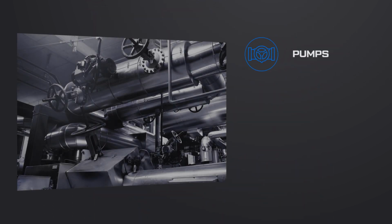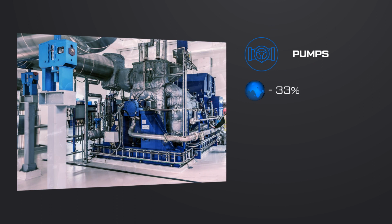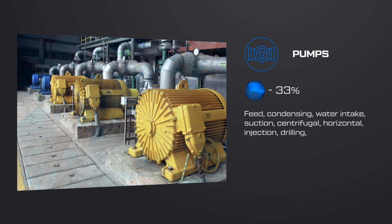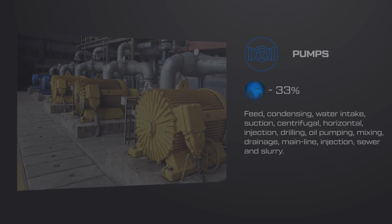Pumps are the most demanded units. Their share is 33% of the world market. The effect of controlling the operating modes of pumps with the help of inverters is significant on most of them. Feed, condensing, water intake, suction, centrifugal, horizontal, injection, drilling, oil pumping, mixing, drainage, mainline, sewer, and slurry. The economic effect of using a frequency drive depends on the state of the implementation object and on the equipment